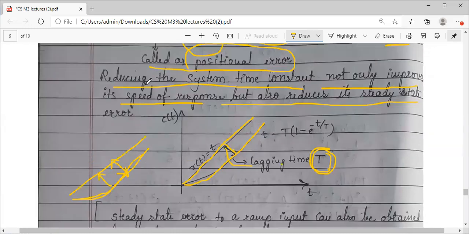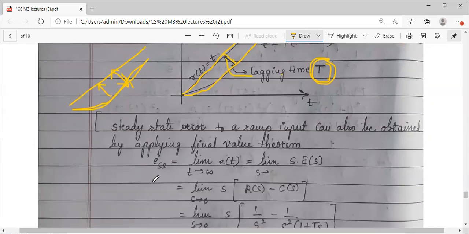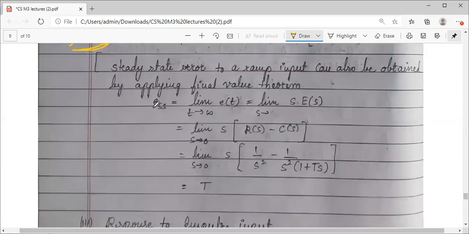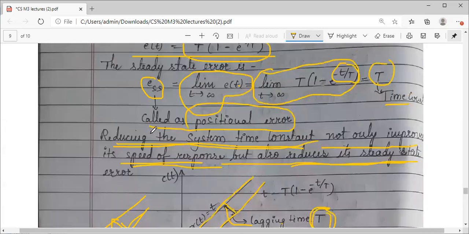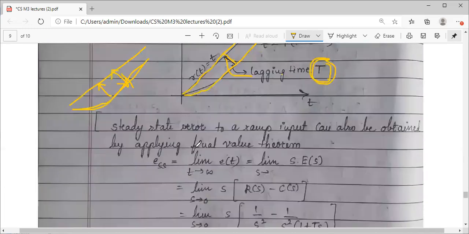If you reduce the system time constant, speed तो obviously increase होगा, error भी reduce होंगे, it will try to attain, you know. So this is one graph for a ramp signal as an input applied to the system. As a bracket, here in the bracket I have shown you, यहाँ पर steady state error we have calculated directly, and we have got T. I can also calculate steady state error by using the final value theorem.